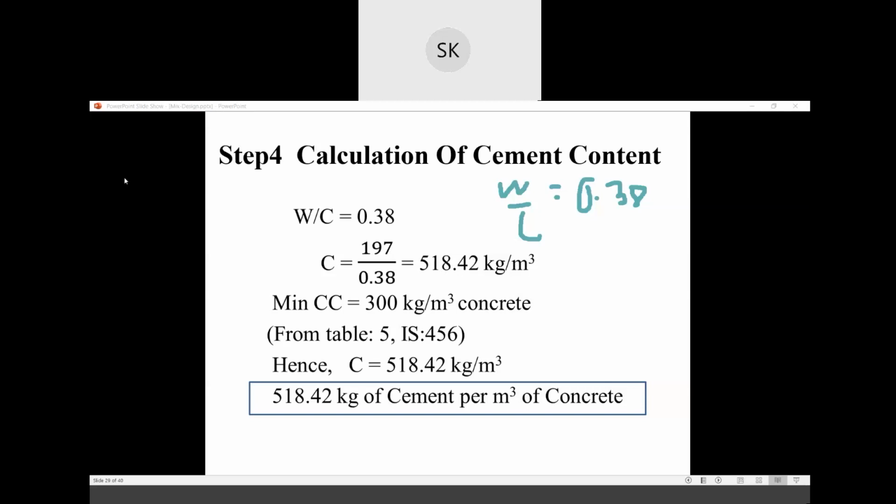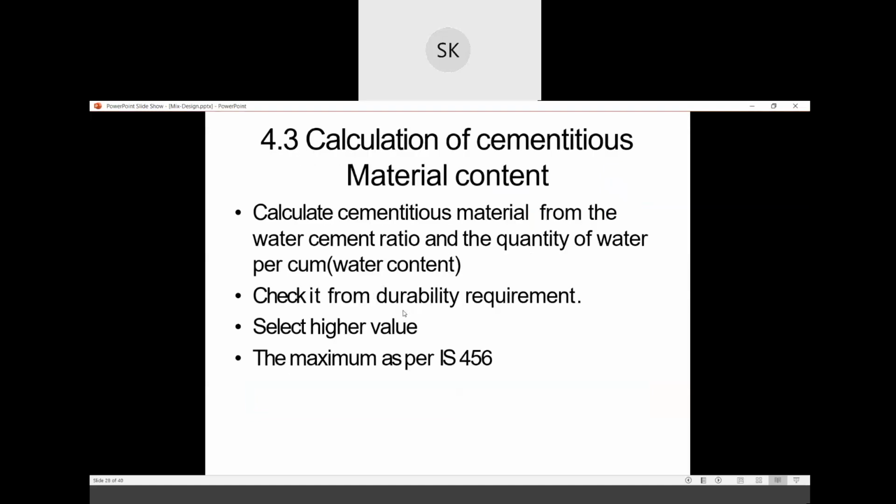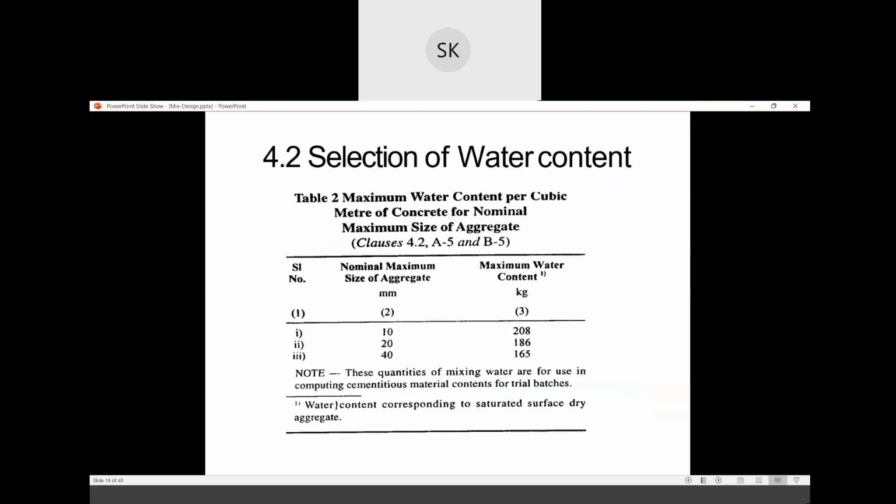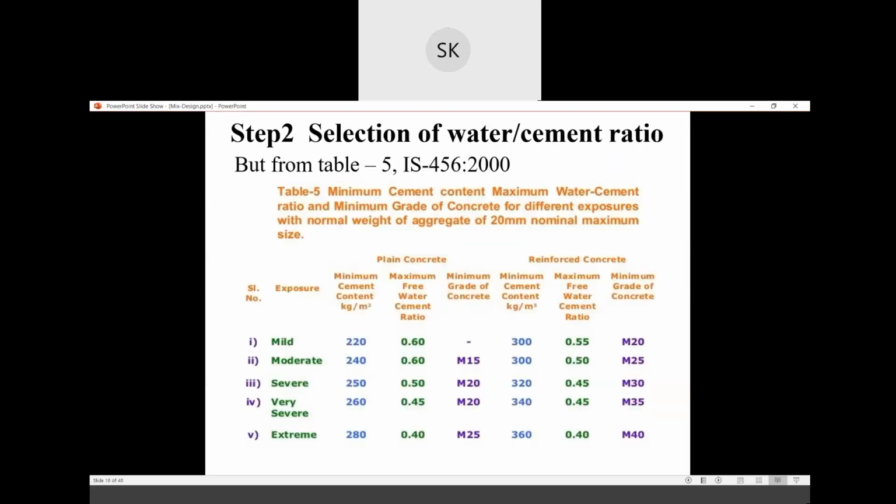Now, if you go back to table number 5 of IS 456, the minimum cement content was 300 kg per meter cube. So please download IS 456 and 10262.